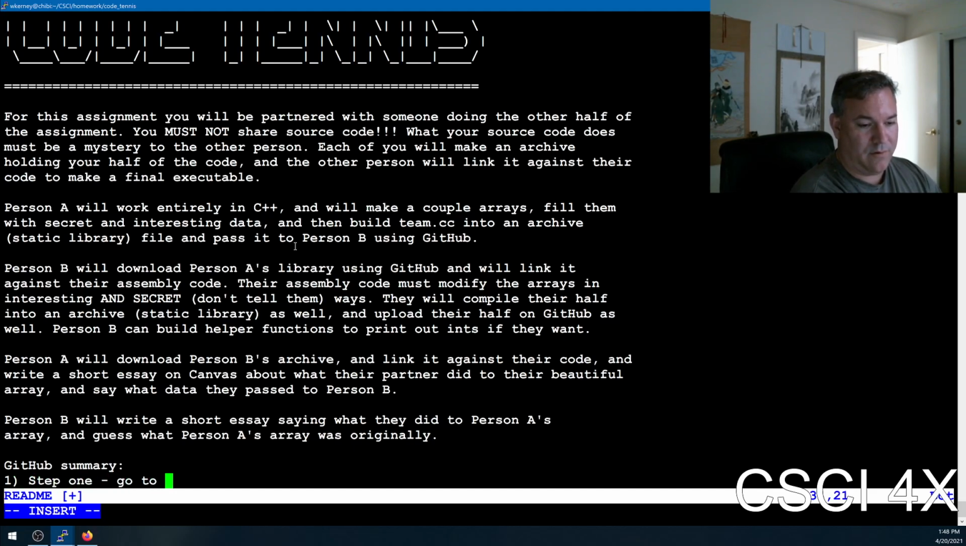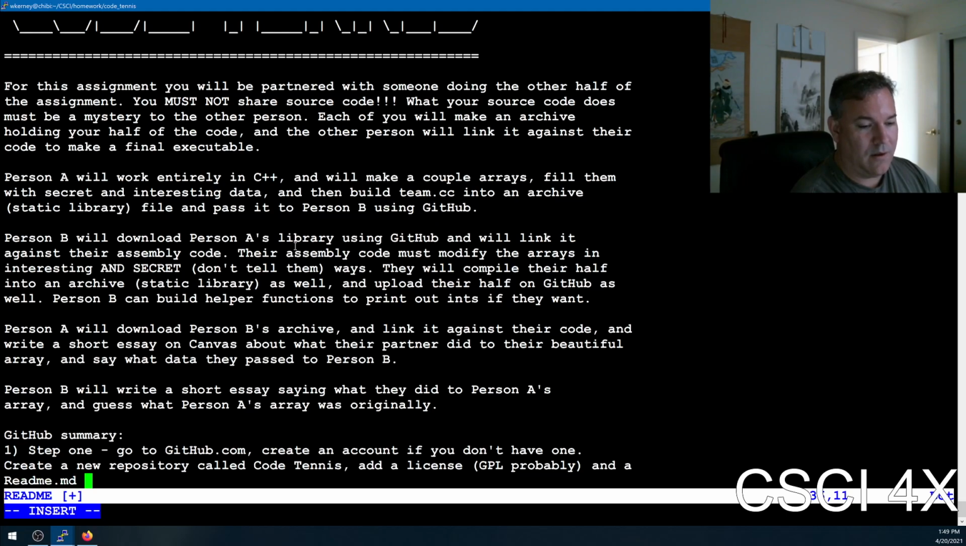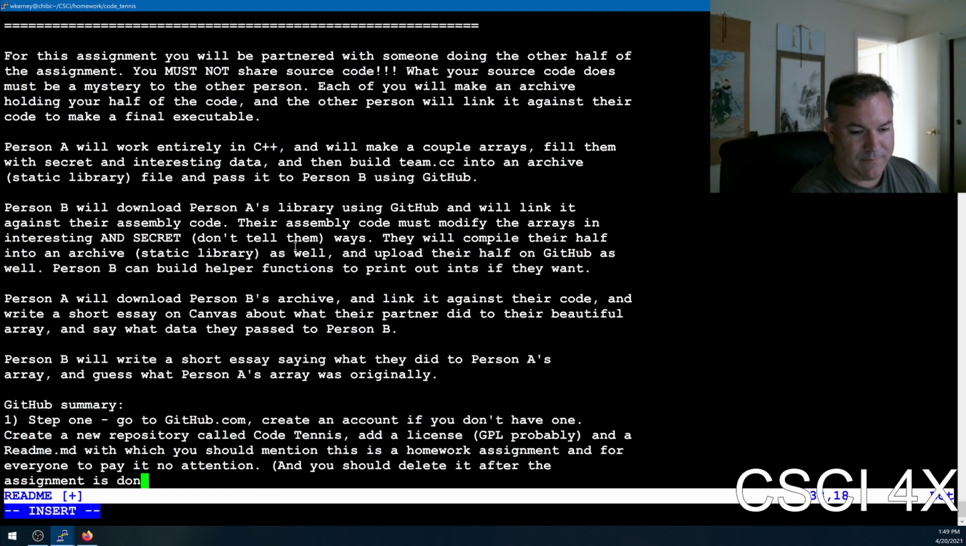All right, GitHub Summary. Step 1, go to github.com, create an account if you don't have one, create a new repository called Code Tennis, add a license, GPL, do a README, with which you mention this is a homework assignment and for everyone to pay it no attention, and you should delete it after the